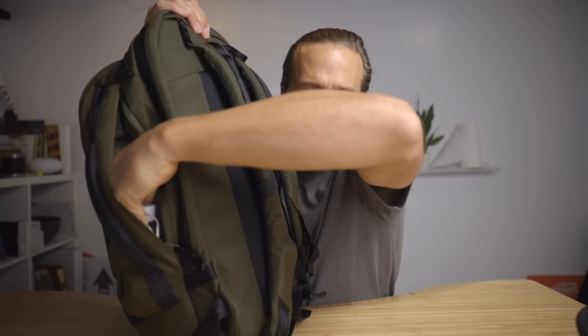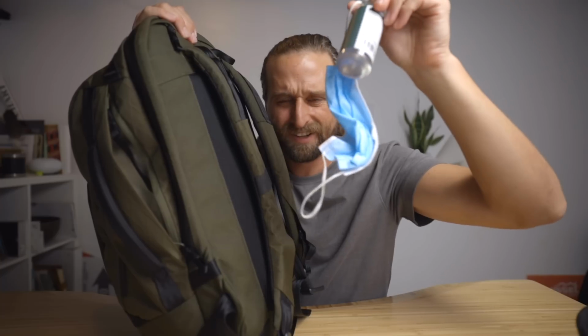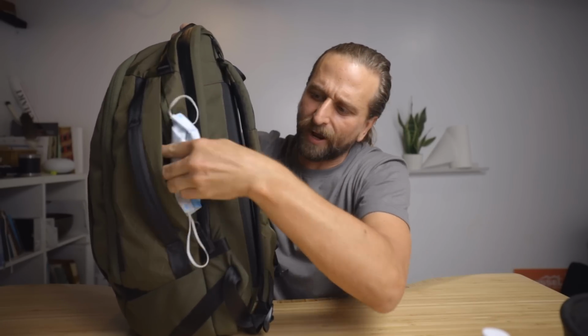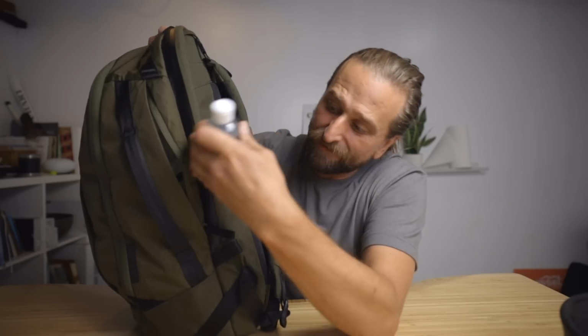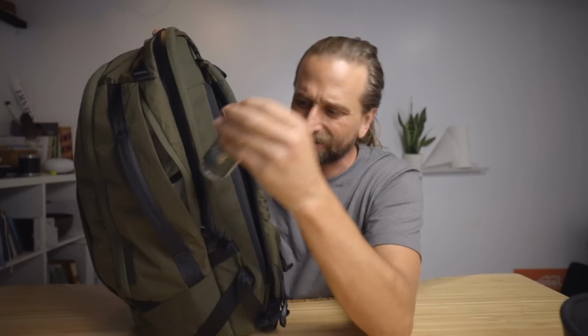I've been that person. Inside of here, I've got my little hand sanitizer and a mask because it's that moment in life where you're like, shit, do I have a mask? So I've gotten used to, in all my bags, anything that's a quick access pocket, I'm putting this. And now that I have gotten more out and about the last few days, I went and bought some hand sanitizer just because,